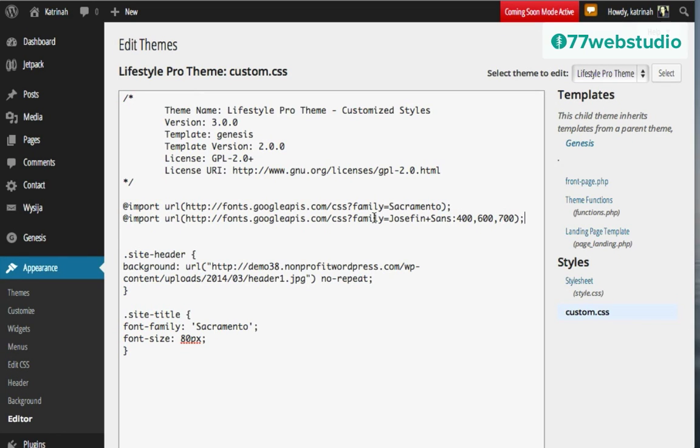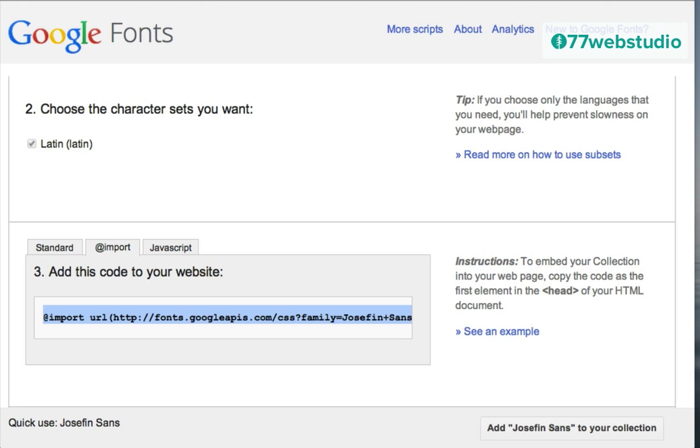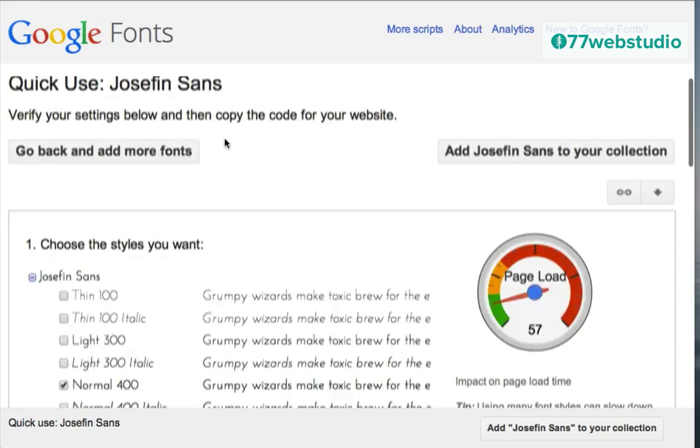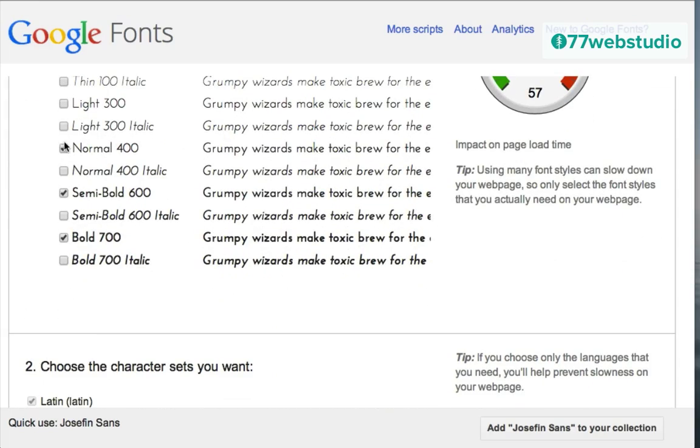I actually don't want that because the more Google Fonts you add to your page, you can kind of start to slow down the page. So I definitely don't want to slow down the page with fonts that I'm not using. So just checking on the Google Fonts right here, when I go back up to the top, it looks like I had checked all of these. I don't want all of these checked, so I'm going to uncheck these two.